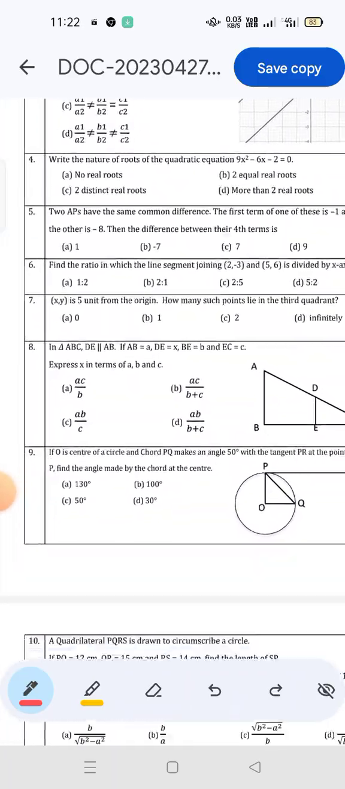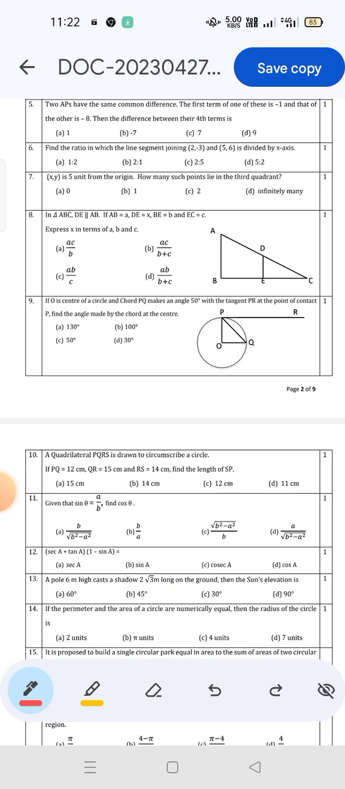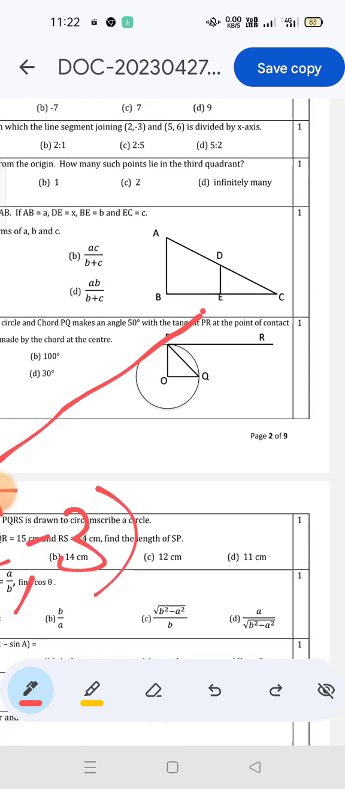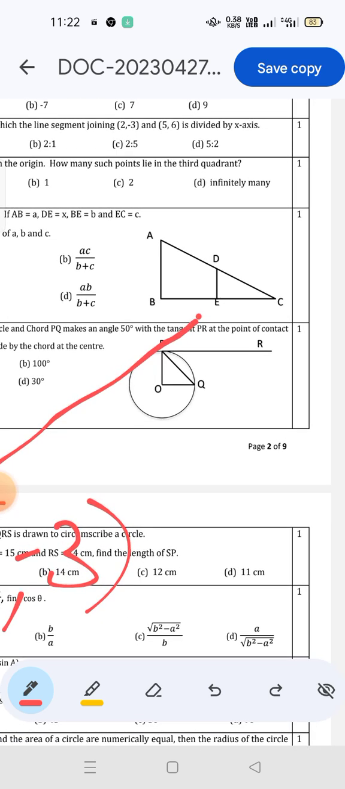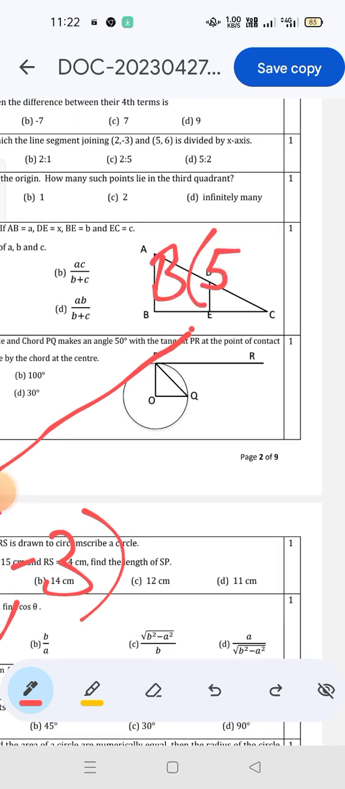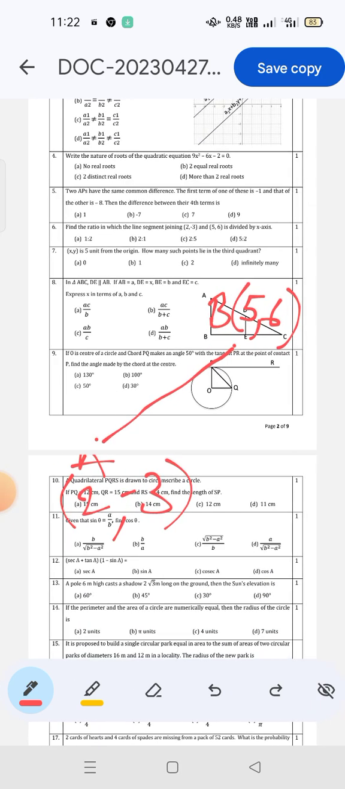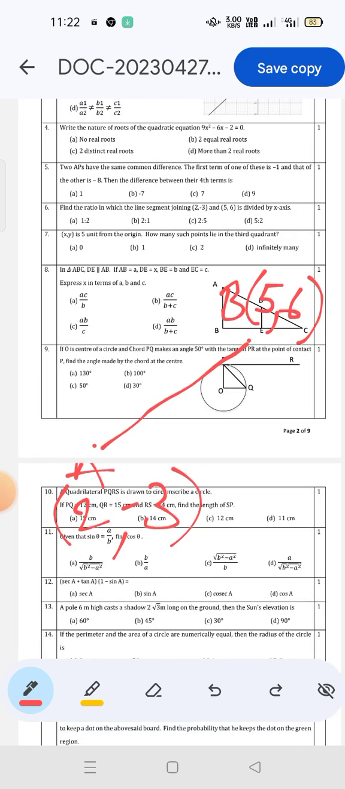Let me draw a rough diagram describing the information given in the question. There are 2 points here. Let's say the first point is A, with coordinates (2, -3), and the other point, point B, has coordinates (5, 6). Now we need to find the ratio in which this line segment AB is divided